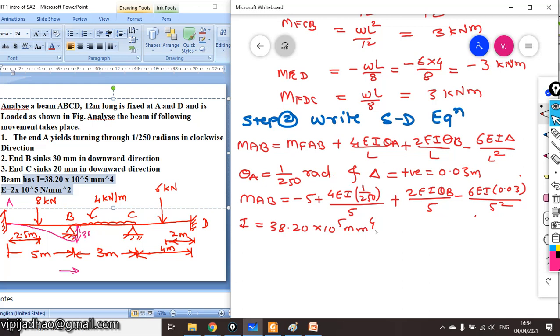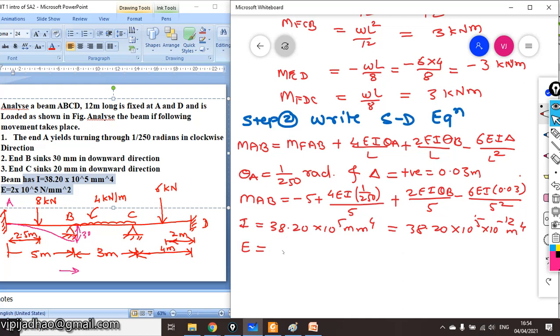You can convert it into meter to the power 4. So to convert it into meter to the power 4, just multiply this with 10 raised to power minus 12. So this will be equal to 38.20 into 10 raised to power 5 into 10 raised to power minus 12. This will be in meter to the power 4, and value of E is given